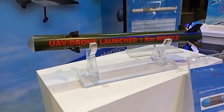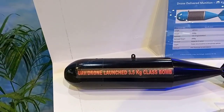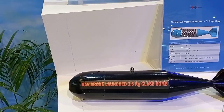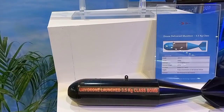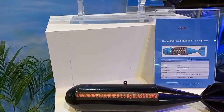So this is a UAV drone launched 1 kilometer missile, and this is the UAV drone launched 3.5 kg class bomb. Its length is 463 millimeter and weight is 3,500 gram, and its warhead is HEF fragmentation and warhead weight is 2,800 gram, and its activation is impact and G-switch, and it targets troop concentrations and soft-skinned vehicles,